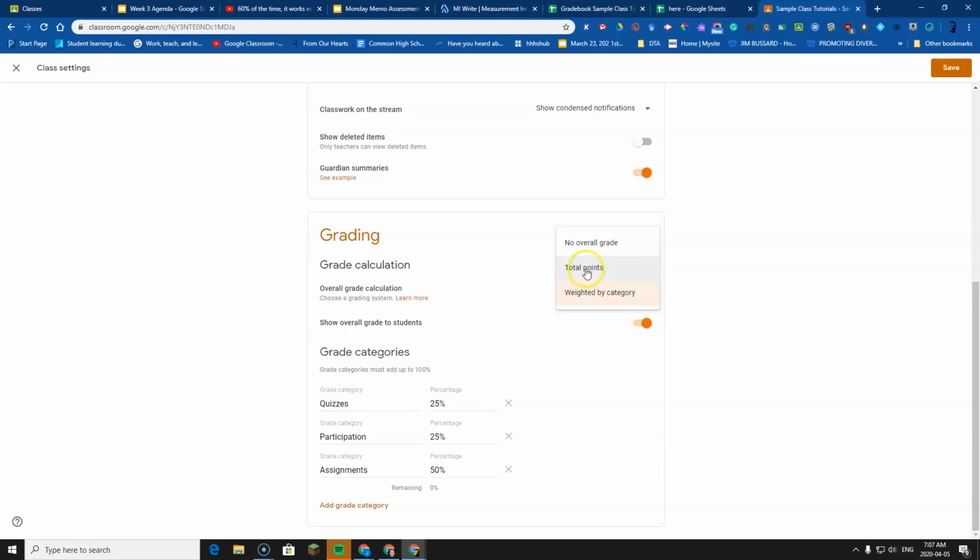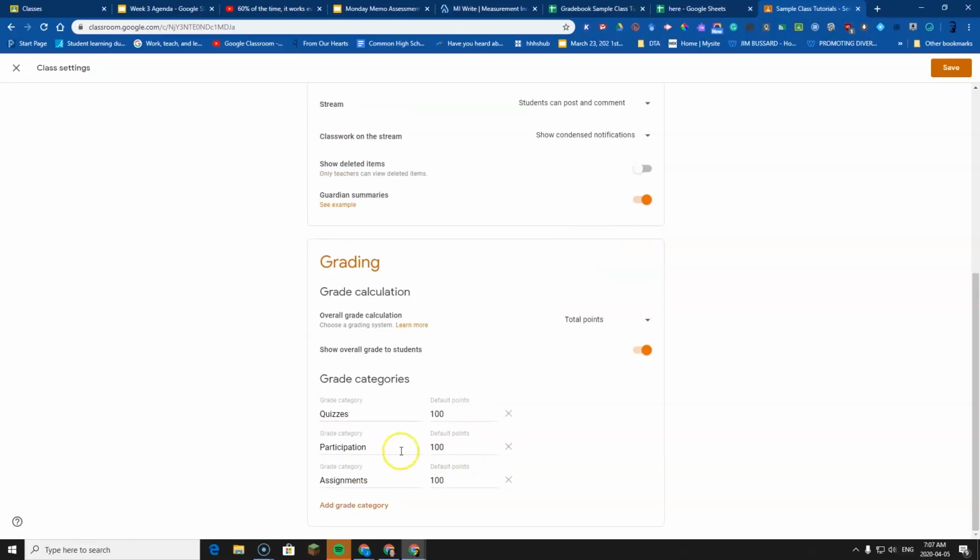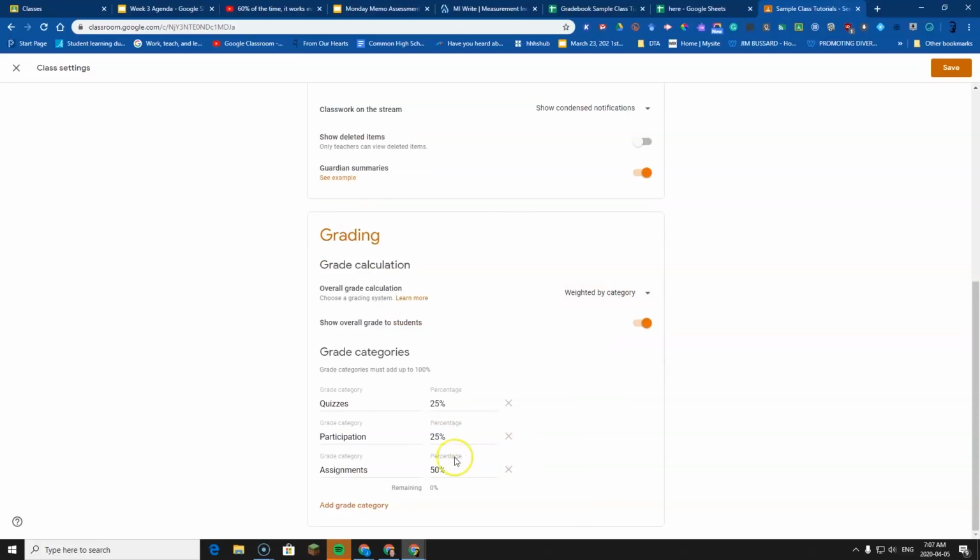If you don't want weighting, then you can go by total points, and then you're deciding based on your total points what each area is going to be worth, and you're figuring out what the point assessment will be for each of your projects. So maybe mine's going to look like that if I did do it another way. Okay, again, I'm going to leave mine as weighted categories, and we're going to move on. So I'm going to go ahead and save this